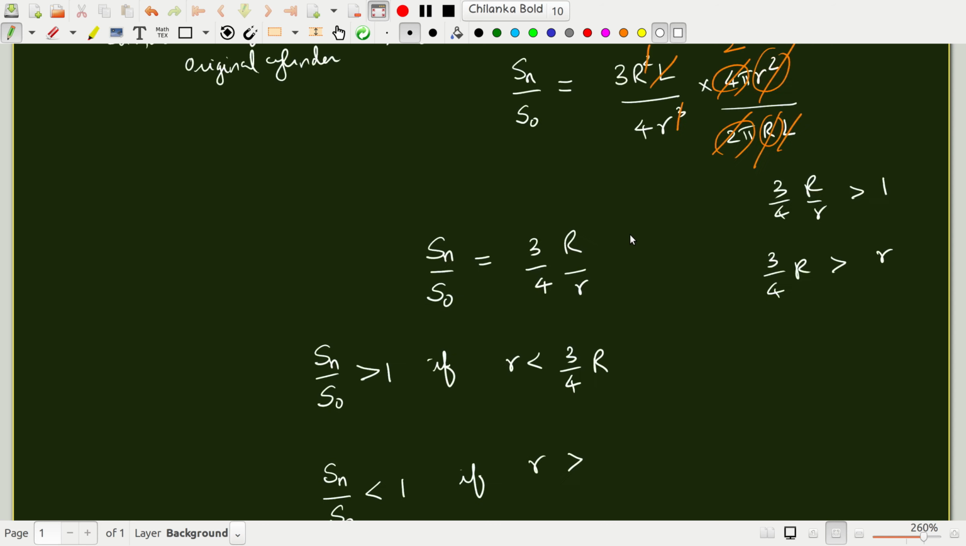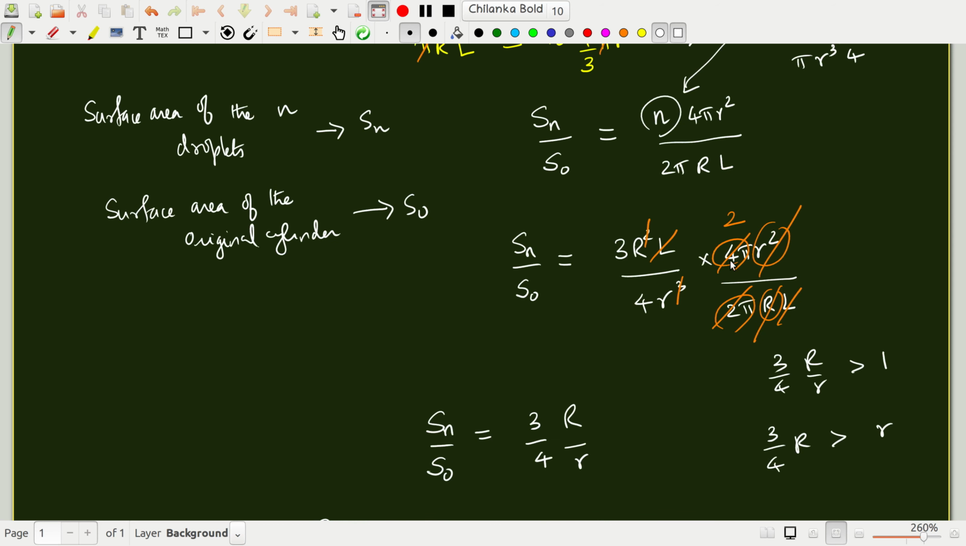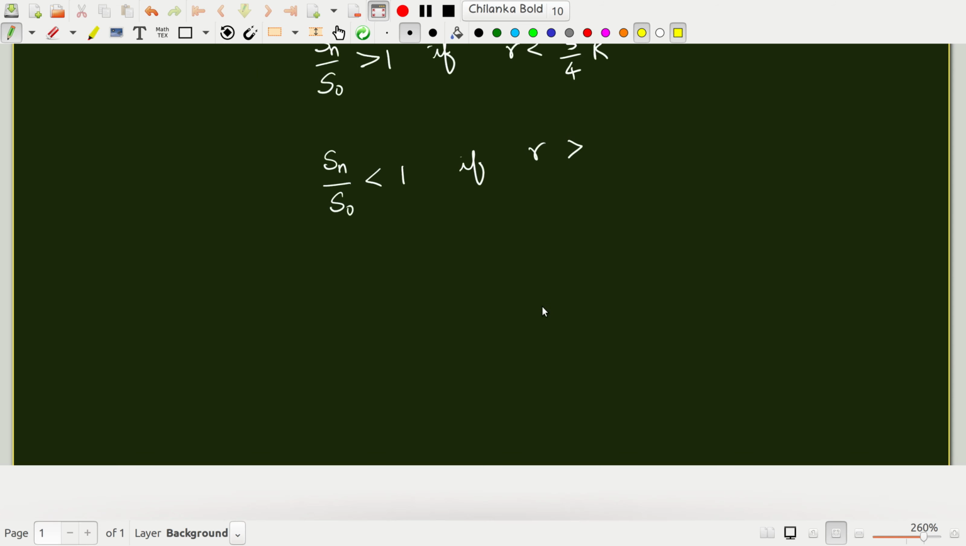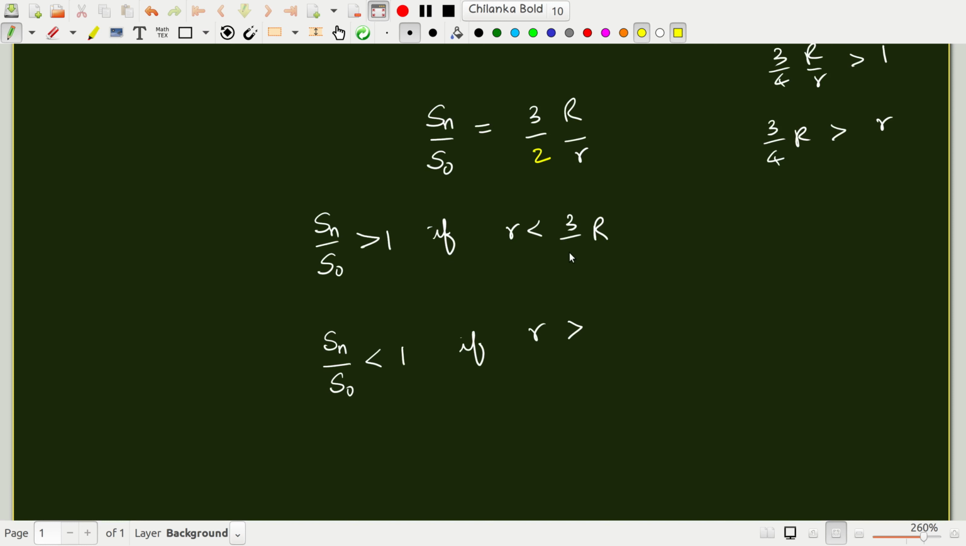It must be 3 by 2, because this 2 is going to cancel 4 to give 2. So let's change the denominator to 2, this denominator to 2. Okay, if r is greater than 3 by 2 R, then